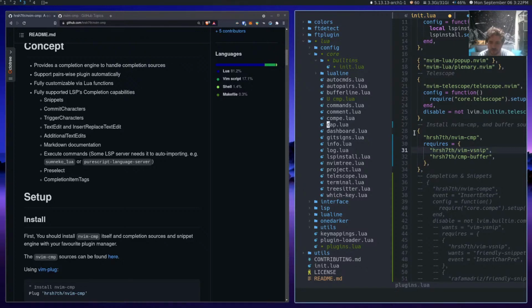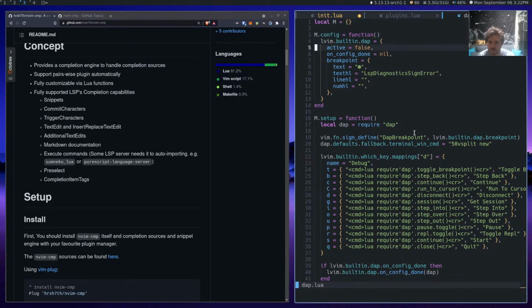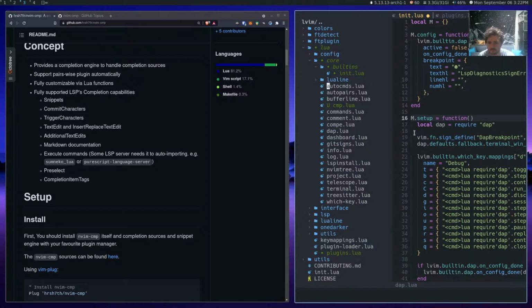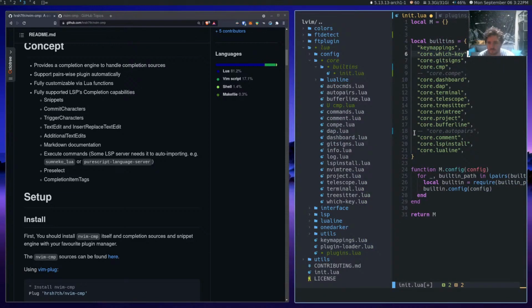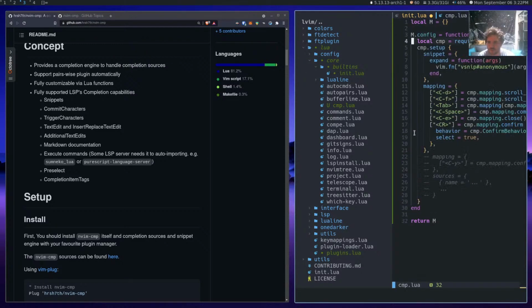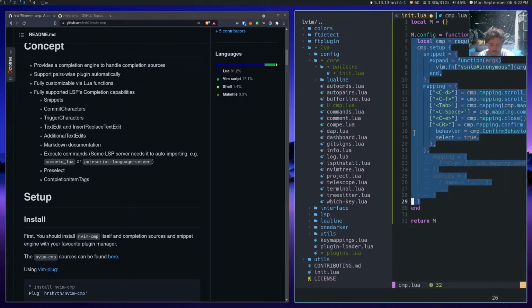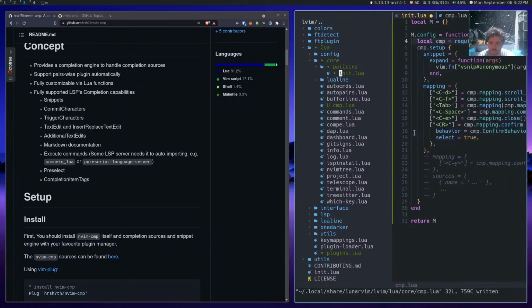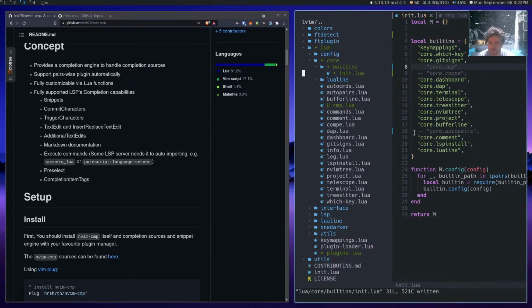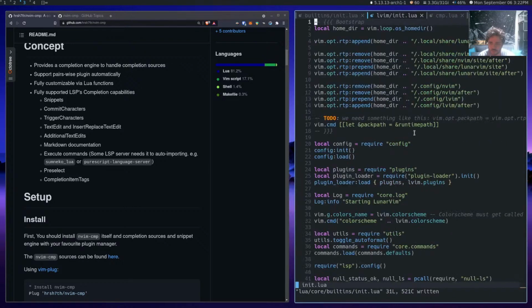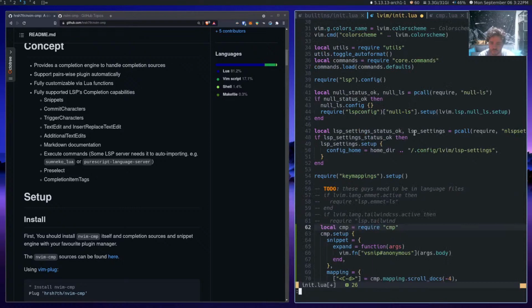Maybe we could take a look at how we're doing some of these other ones, like how DAP's happening here. You do the built-in DAP, and then there's a setup, m.setup function, which requires it and all. Where does that setup function get called? Because then maybe it's that. I'm about to just take all of this here and then come into built-ins and get rid of it, and then go down to init.lua and then jump to the bottom and paste this here.